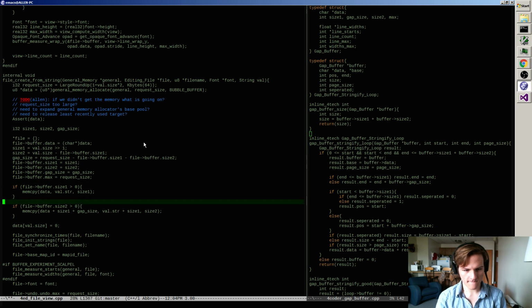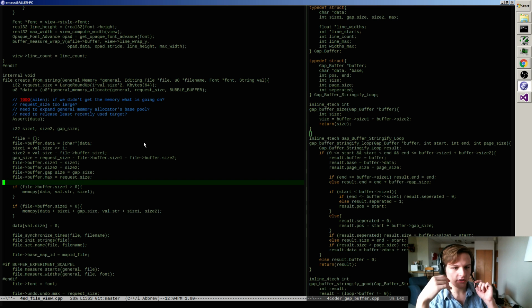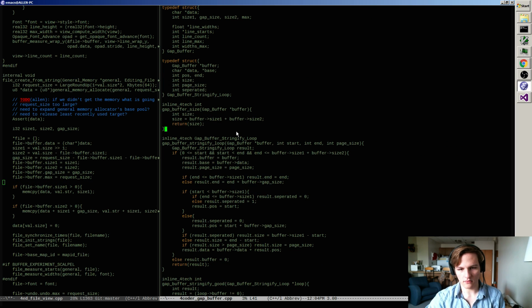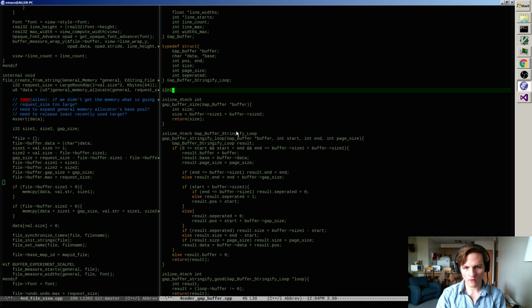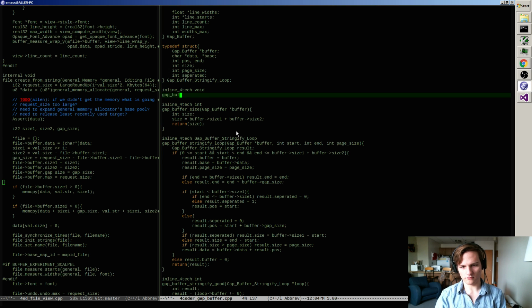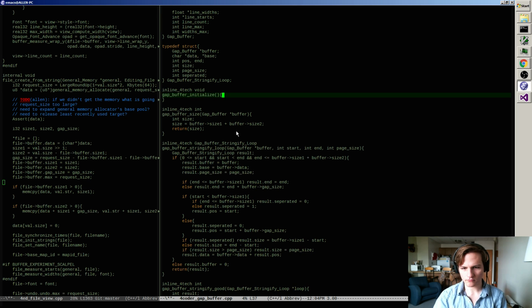Okay, that's better. So now I've got it all in 2 chunks, and I've set up the gaps. Now, maybe what I should do is say that this operation here is complicated enough that it should be the responsibility of a gap buffer to know how to do that. So that means I have something sort of like buffer initialize, and gap buffer initialize takes in a buffer and the original data and the original size,